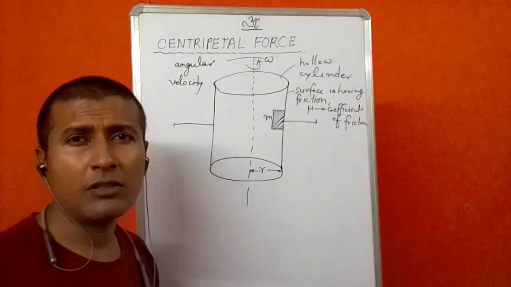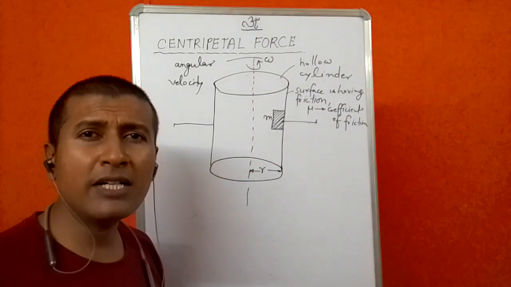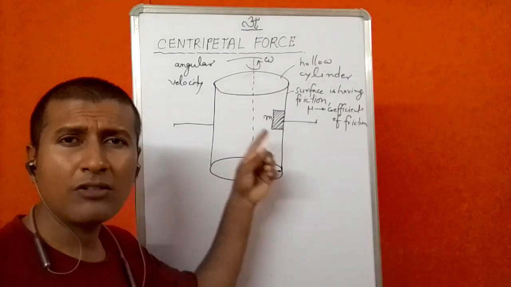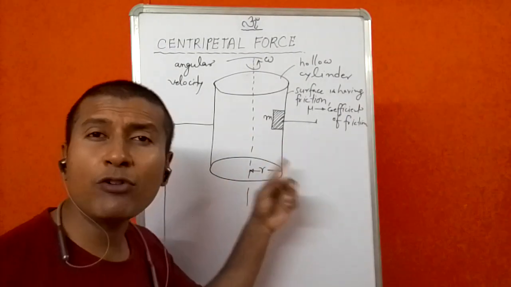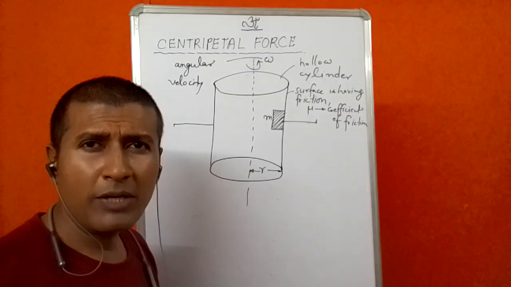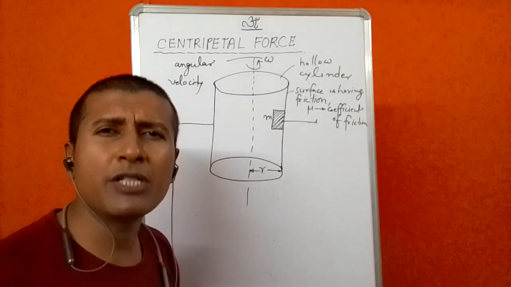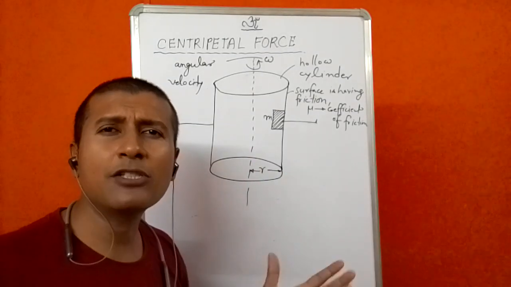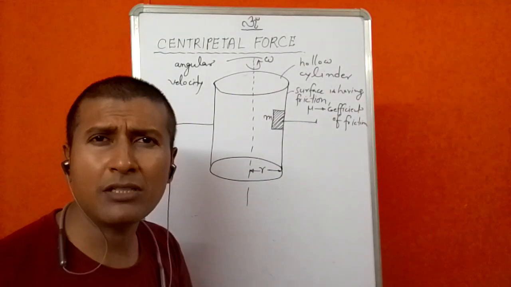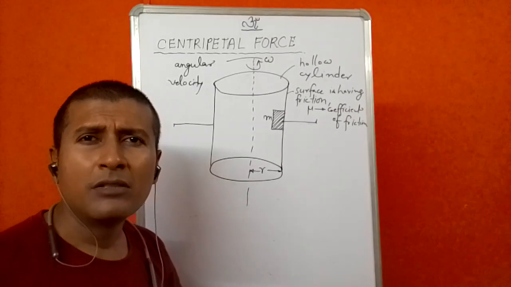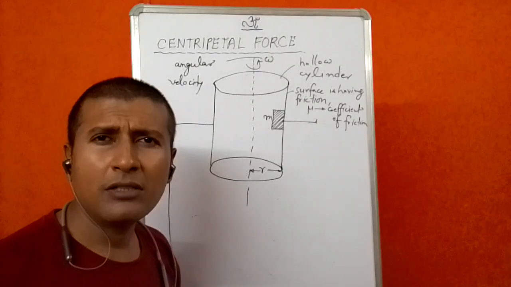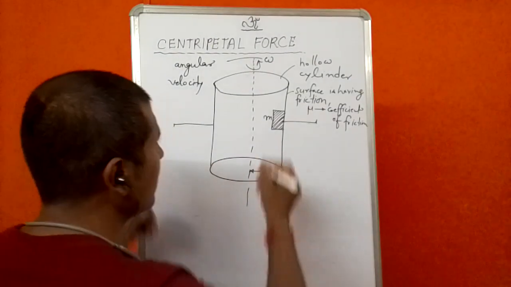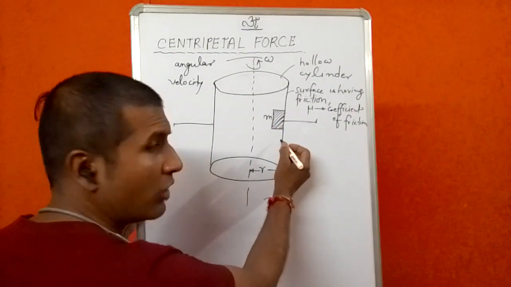Now, how is it possible? So, to understand it, first of all, we need to make the free body diagram of this particular body, right? And how many forces are acting on this particular body? So now apply your observation. As I have already discussed in my first lecture, physics is all about your better observation, right? If you have a better observation, you can get a better result, right? Now see, how many forces are acting on this body?